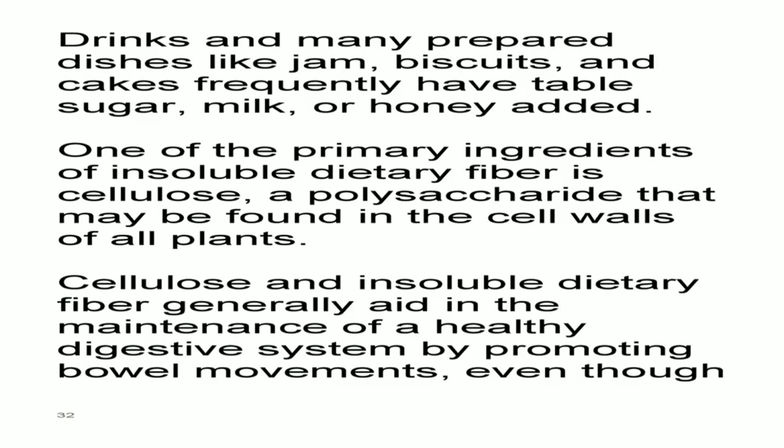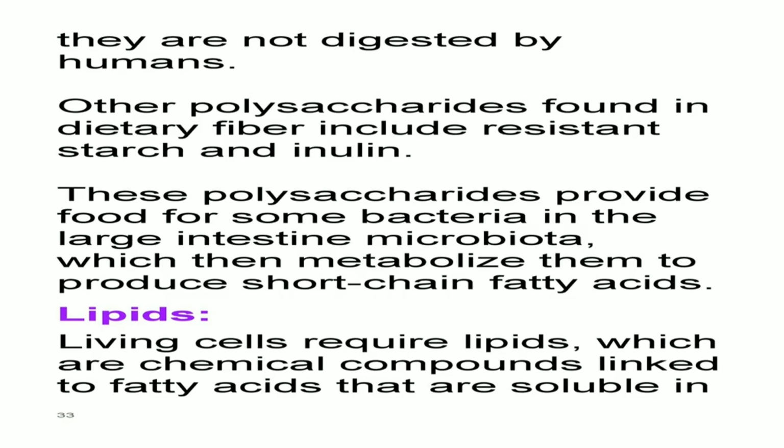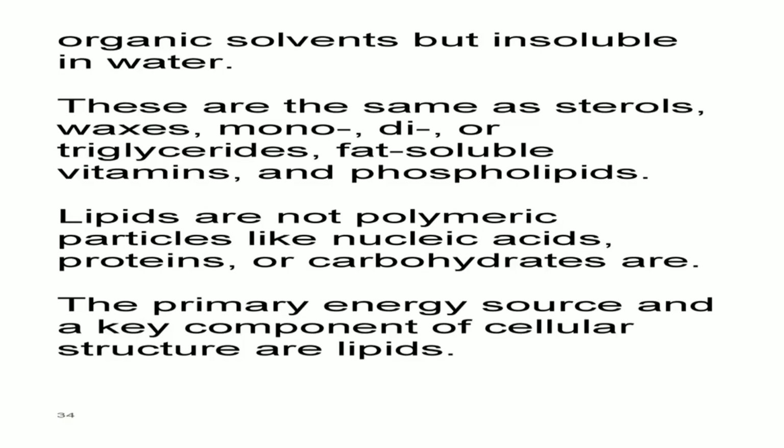One of the primary ingredients of insoluble dietary fiber is cellulose, a polysaccharide that may be found in the cell walls of all plants. Cellulose and insoluble dietary fiber generally aid in the maintenance of a healthy digestive system by promoting bowel movements, even though they are not digested by humans. Other polysaccharides found in dietary fiber include resistant starch and inulin. These polysaccharides provide food for some bacteria in the large intestine microbiota, which then metabolize them to produce short-chain fatty acids. Lipids. Living cells require lipids, which are chemical compounds linked to fatty acids that are soluble in organic solvents